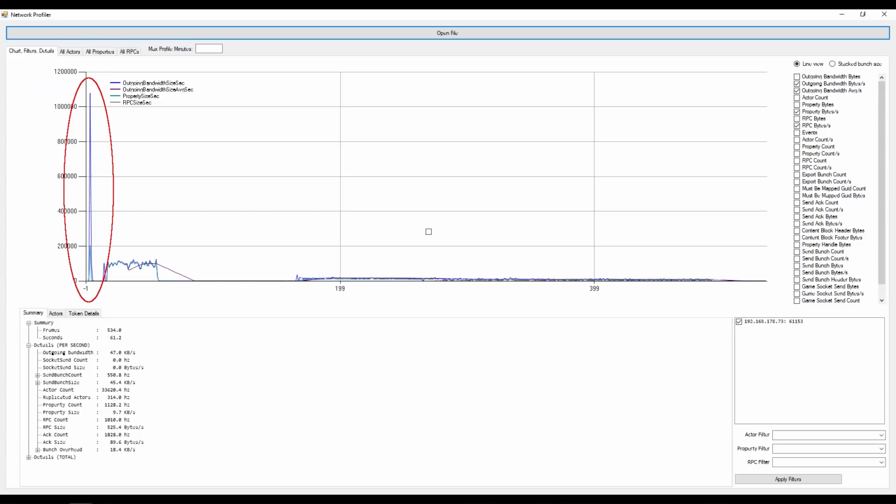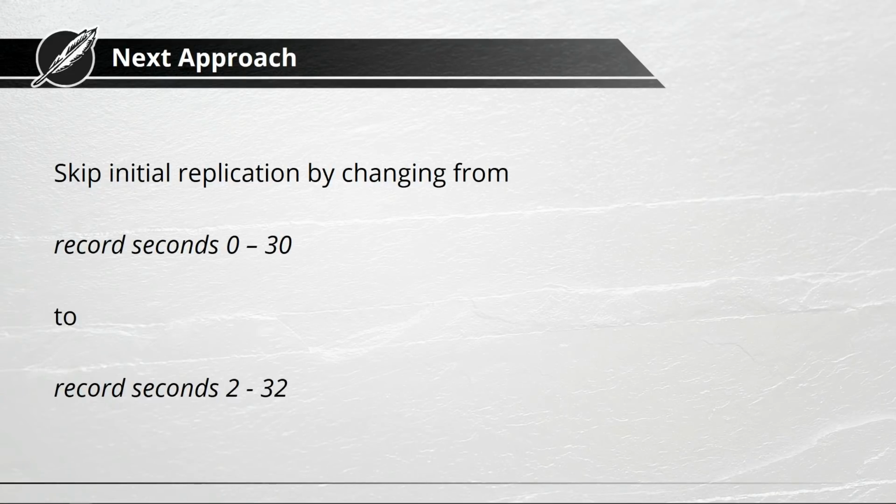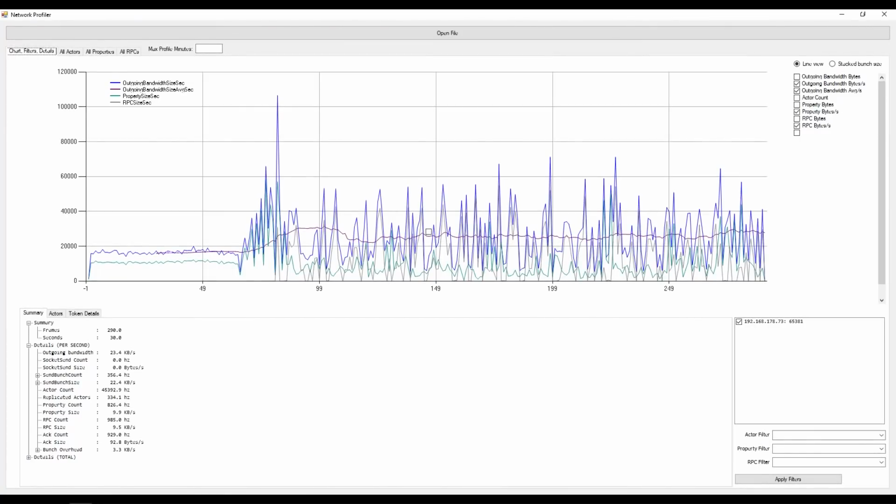And this kind of pollutes all our profiling data here, especially when we're taking a look at the sum of everything that's being replicated. And as I mentioned, as we are unable to select a single frame or just a time span from the graph, we are forced to clean up this data ourselves. So we took another approach, and we tried to skip this initial replication by just skipping the first 2 seconds, essentially. So we set a timer and started capturing profiling data just 2 seconds into gameplay, to second 32. And this was the time when we are forced to do this in code and not just by passing some argument. And this yielded much more reasonable results, right?